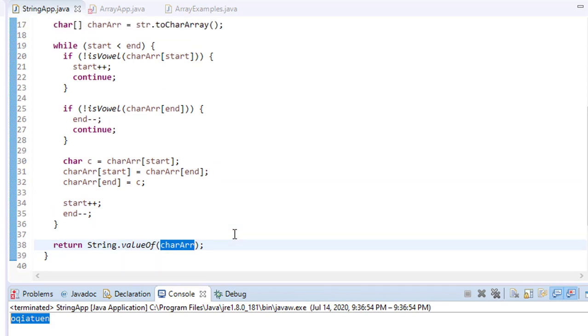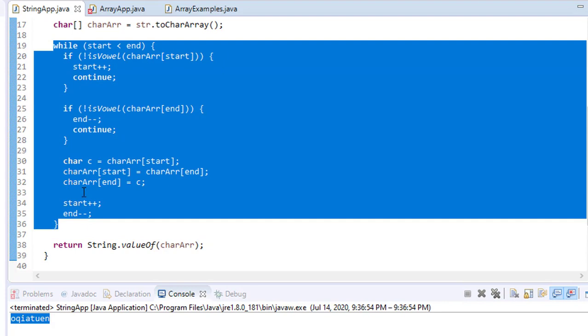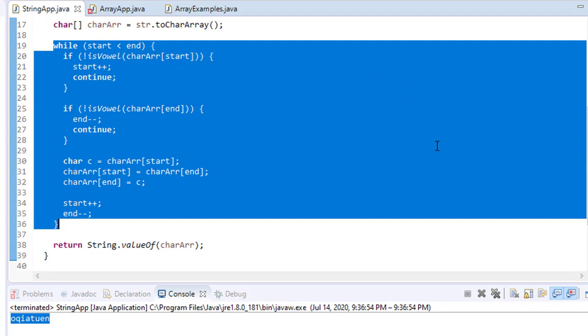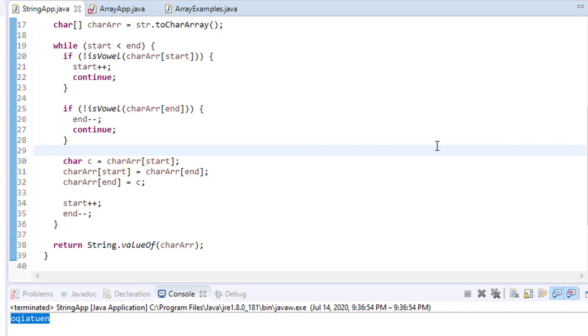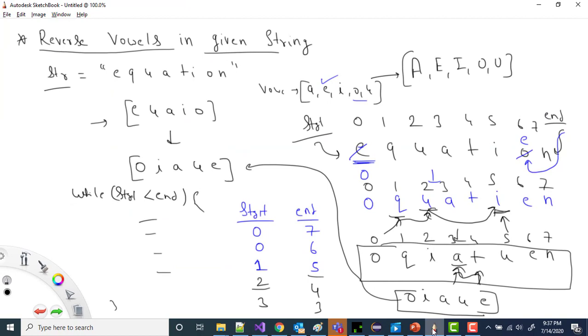Now if you talk about the time complexity in this question, you can see that we are iterating the complete string, though we are basically traversing till the middle. As soon as we reach the middle, that's where we stop, right?